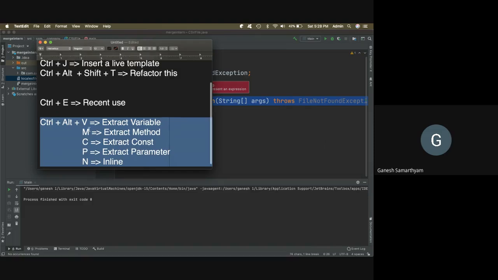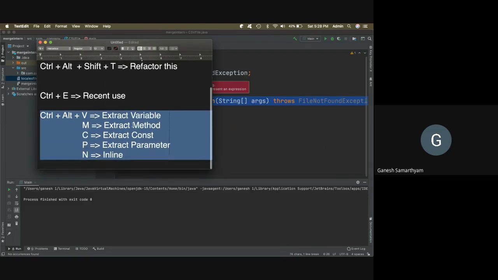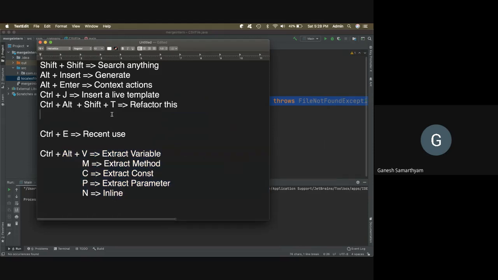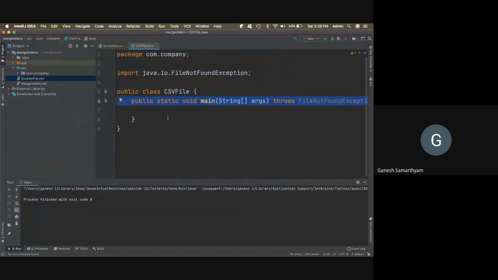Class, etc. I think there is one big advantage over Eclipse. I'm not bashing or anything. I just found this to be much more convenient because these shortcuts are much more intuitive here than in Eclipse or other IDEs. So that's one big advantage: the user friendliness and ergonomic nature of the IDE that we have here.